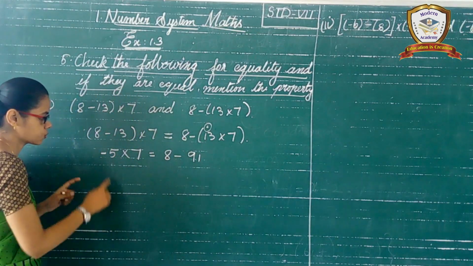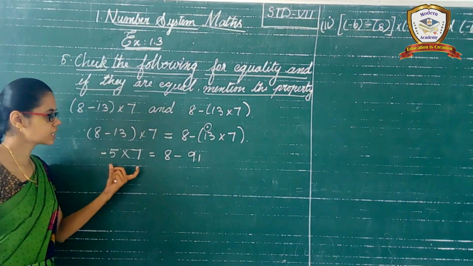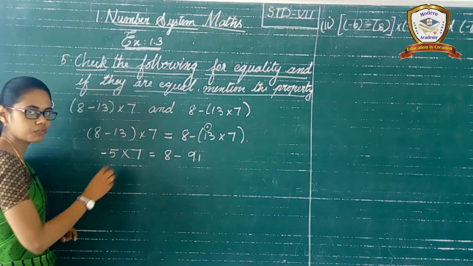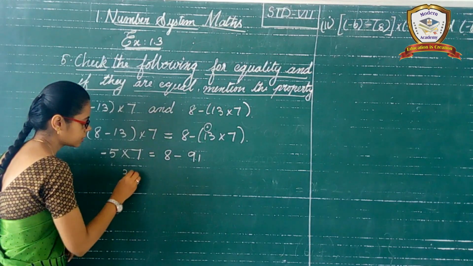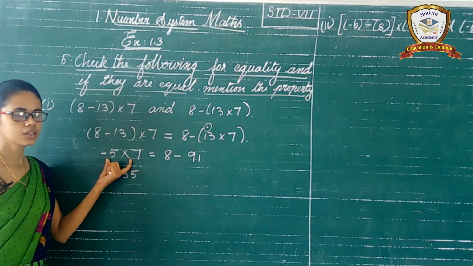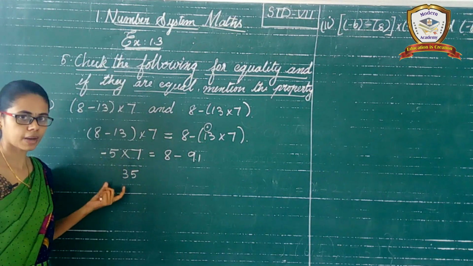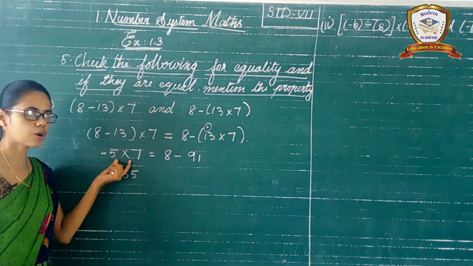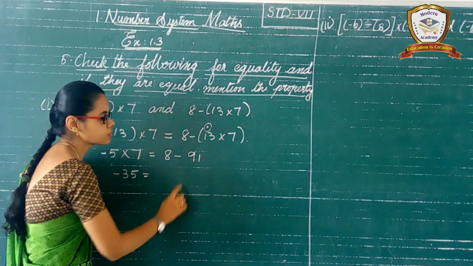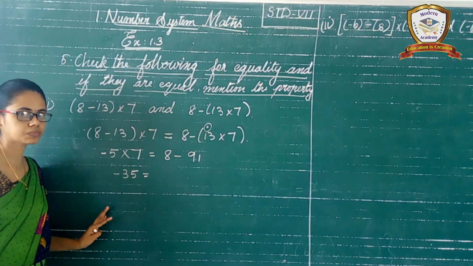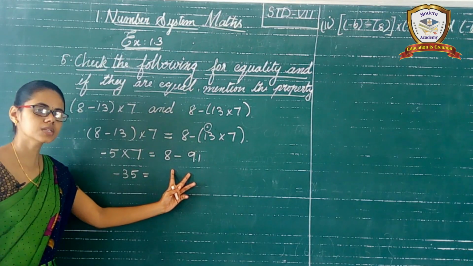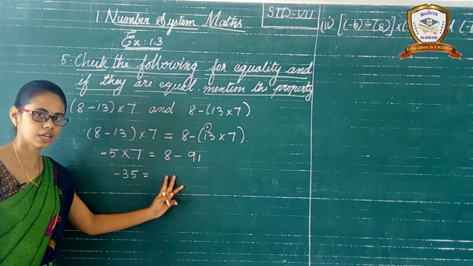Okay, and the next one. See, this is multiplication, no? So we want to multiply. So 7 5s, or 5 7s, what's the answer? 35. And see, different signs, no? So different sign means we need to mention the minus in our answer because it is a product, isn't it? So minus equal to, these two numbers we want to subtract or add? Subtract, because both numbers have different signs.